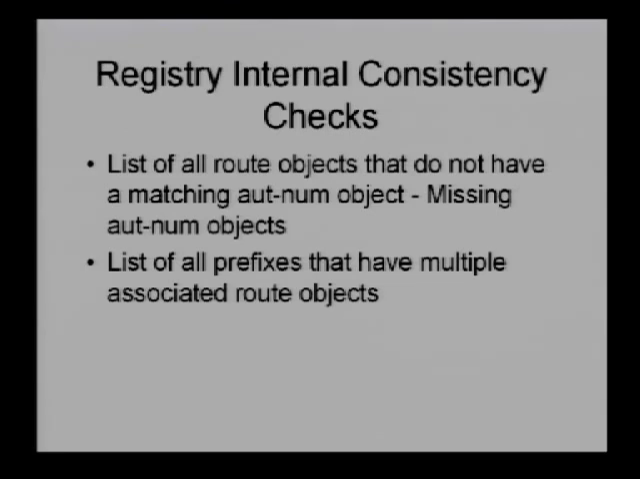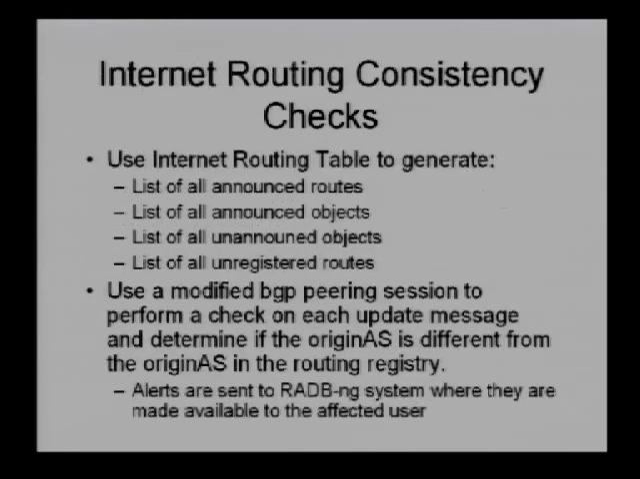So once again, you can keep your information up to date. The second type of consistency checks that we perform are with the live internet routing feed. And here's an example of the sort of things we look for. For example, we generate lists of all the announced routes for your registered autonomous systems. We generate lists of all unregistered routes. Basically, these are routes that were seen in the route table, but you do not have a corresponding route object